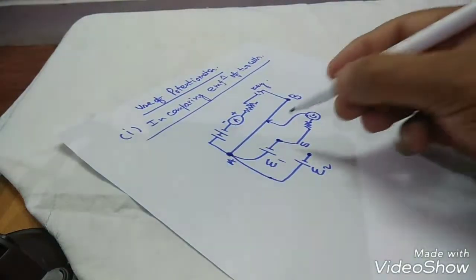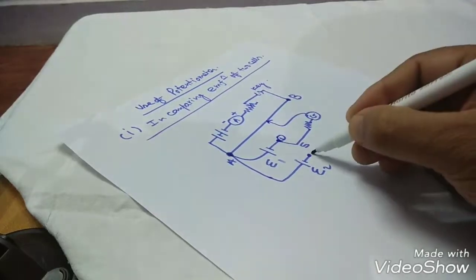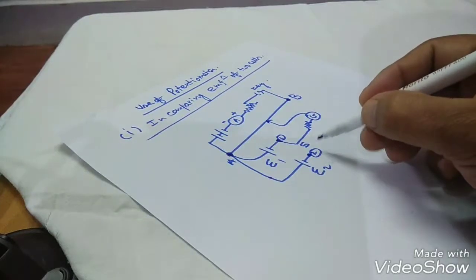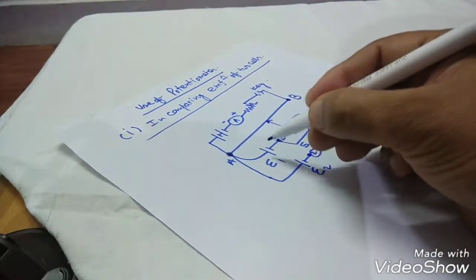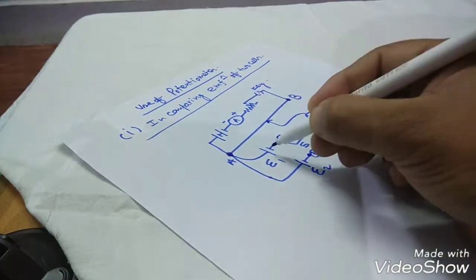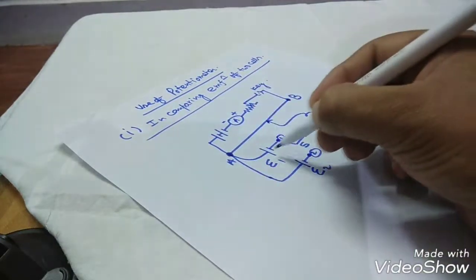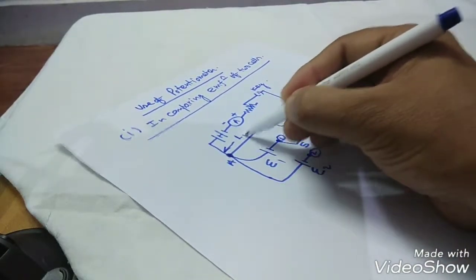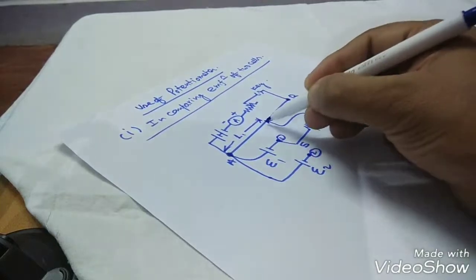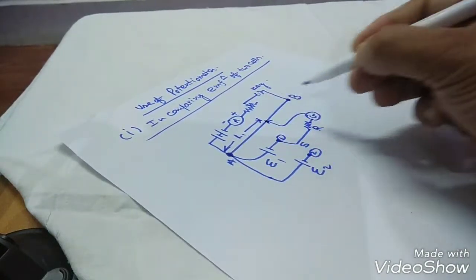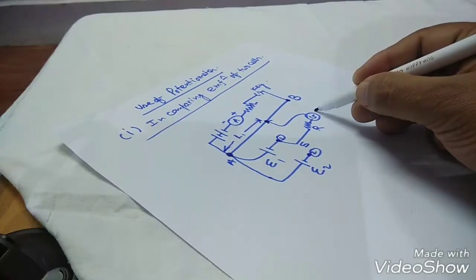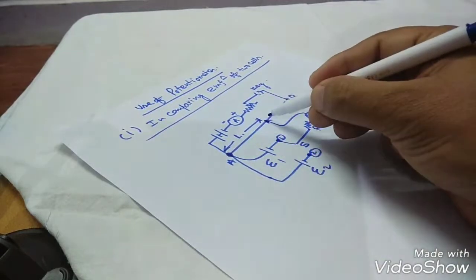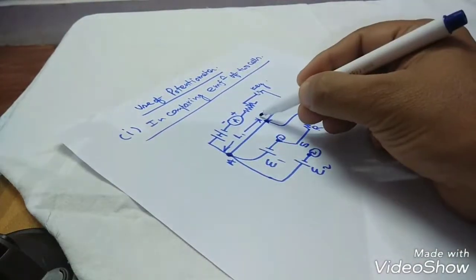Suppose S1 is closed and S2 is open. Then what will happen? Current will pass through this wire, and this cell's current will also pass. This current will oppose that current. At a certain point we will get a balancing point. At a certain point along the length of this potentiometer wire we will get zero deflection in the galvanometer. That means the voltage drop across the end A and, let it be, J,